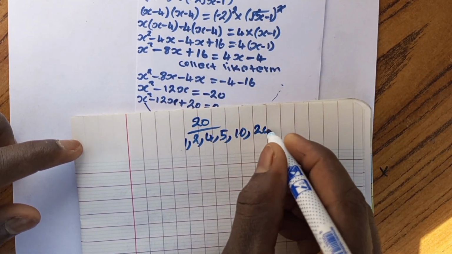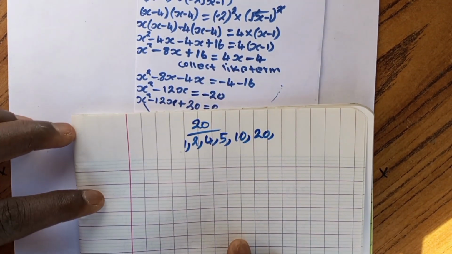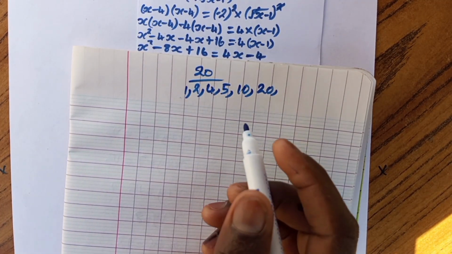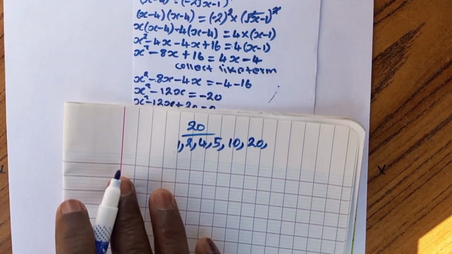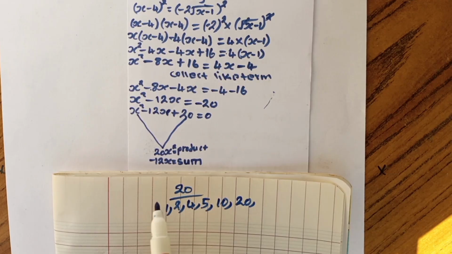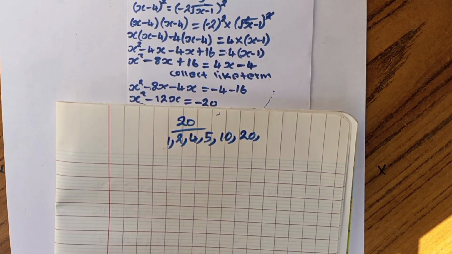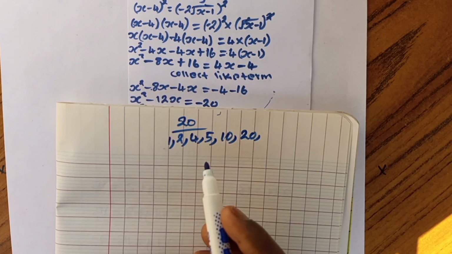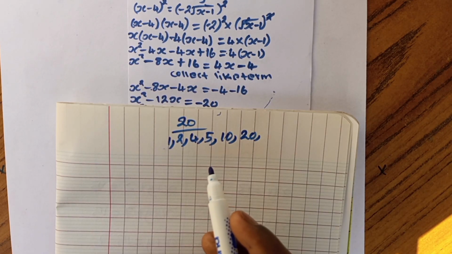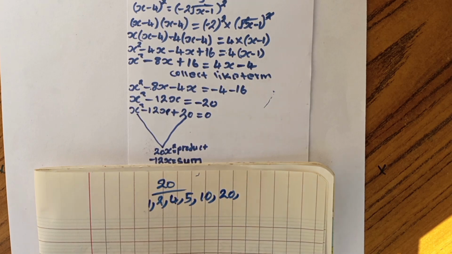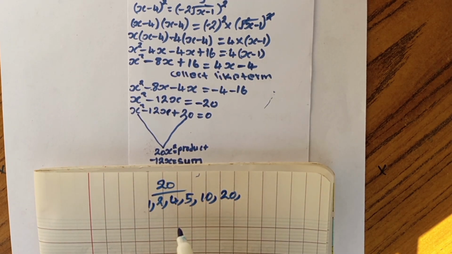And 20. So we are going to watch in these factors which number, if we multiply this number, we can have 20. If we add or subtract, we can have what? 12. Now first of all, let us find first which number, if we add or subtract, we can have 12. Now let us find first the 20. If you multiply now,